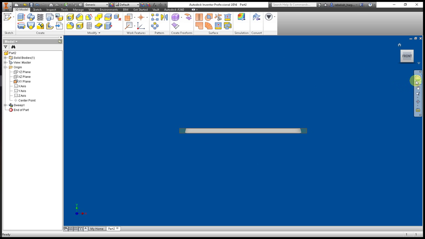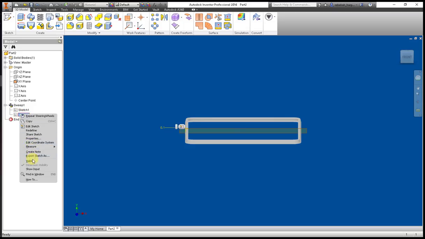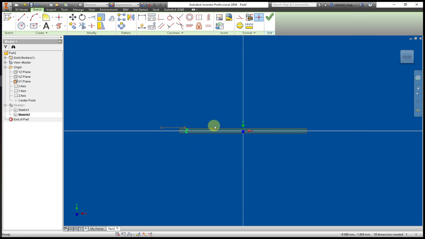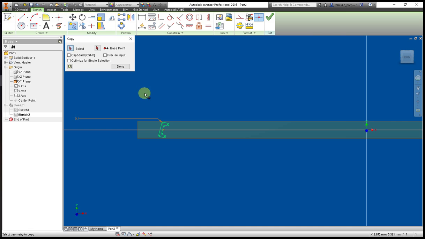Now what I can do is introduce, let's have a look. Right, I'm going to make that visible again. I'm going to edit this now, and I'm going to copy, select base 1,